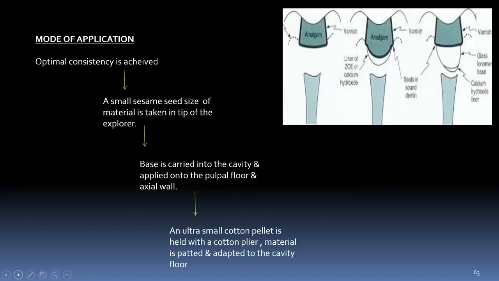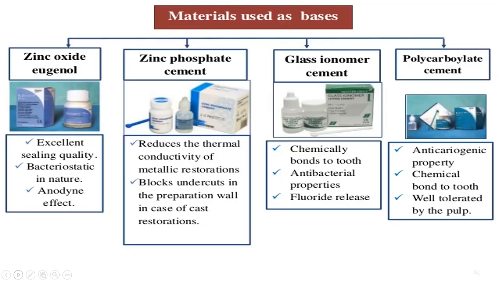Then the mode of application: the consistency of the base or the liner is very important. A small sesame seed-like amount of material is taken on the tip of the explorer and carried into the cavity. They are applied on the pulpal floor and the axial wall, and an ultra small cotton pellet held with cotton pliers is used to pat and adapt the material to the cavity floor. The different materials used as base are zinc oxide eugenol, zinc phosphate cement, GIC, and